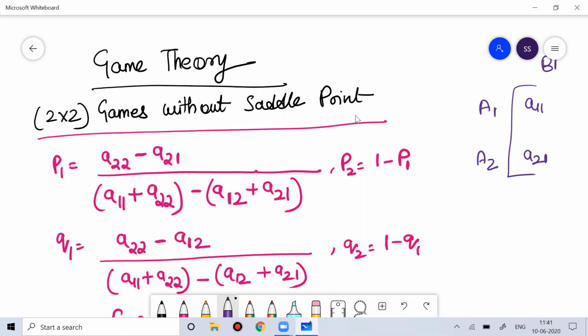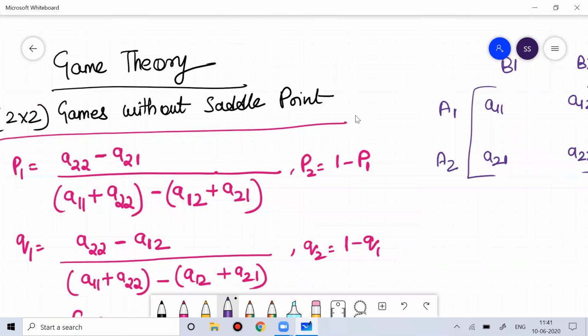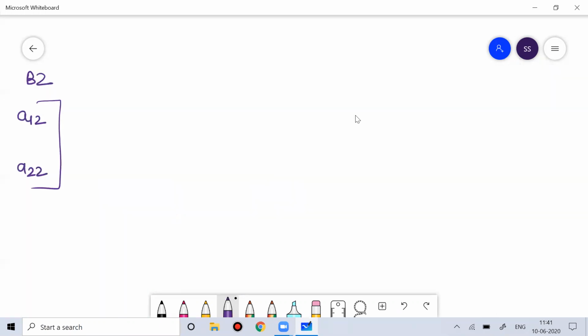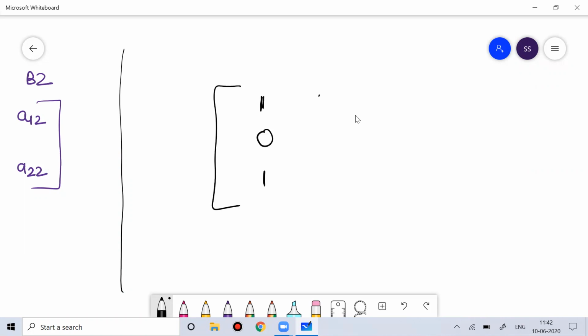So, a quick revision of the problem on saddle point. Let me give you one problem where there's a saddle point. Everyone please write down this problem. Suppose the problem is like this: 1, 0, 1; 3, minus 4, 5; 1, minus 3, minus 1.